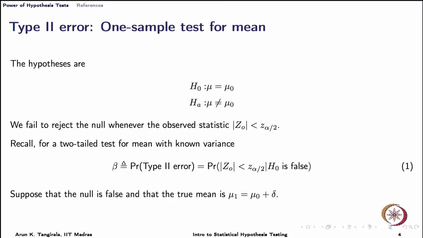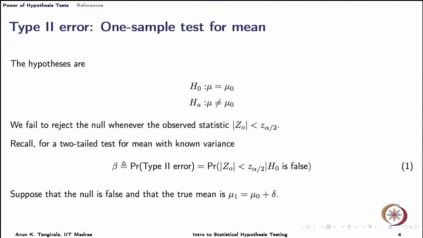To recall, the hypothesis test for the one sample test for mean involves the null hypothesis mu equals mu naught, and the alternative hypothesis being one of the three possibilities. Again, we will initially leverage our discussion on the two-sided test, but then we will also talk about the one-sided test, that is the upper and the lower tail test.